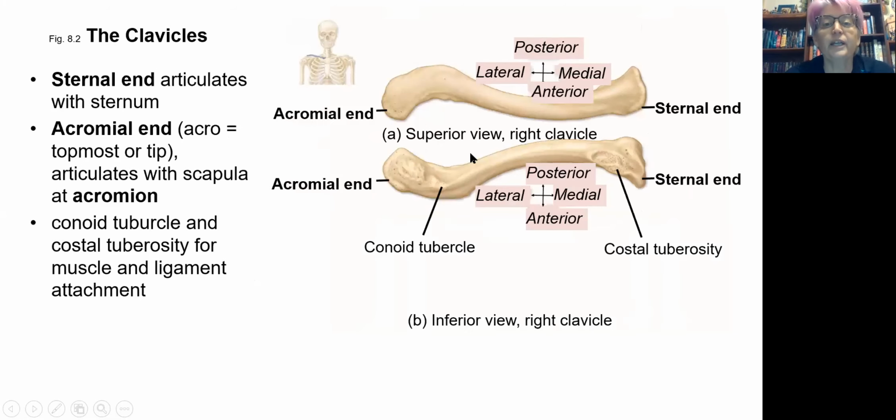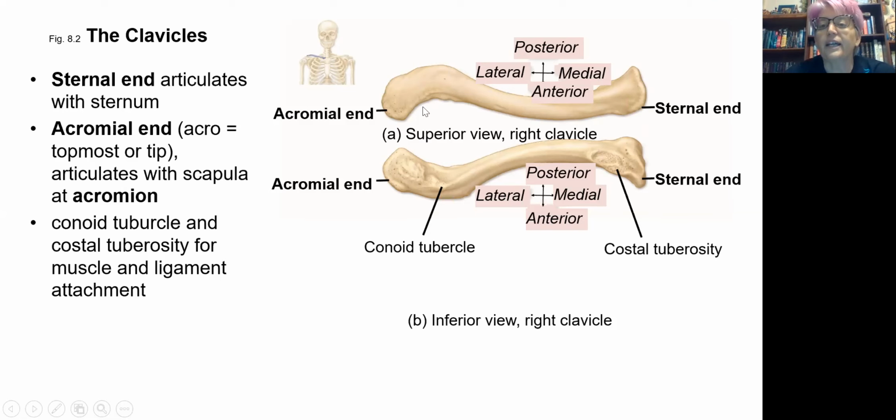All right, so let's start with the clavicle. So here's the clavicle. You can see it's this little short curved bone, and on your own body, you can see your own clavicle right there. And you can actually feel that curve in the clavicle bone. The sternal end of the clavicle articulates with the sternum, hence sternal end, and it's pretty blunt, it's pretty tall. And then as you get across to the acromial end, that's this end, it flattens out. And I've got another view later, you can see that three-dimensional